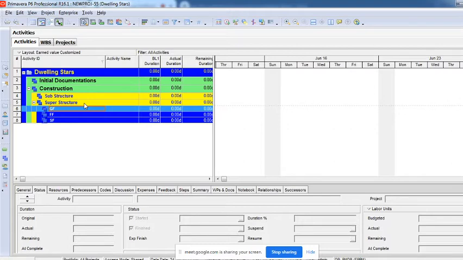Probably today, if it is a metal foam which is already ready-made, you just have to bring it in, put it there, and so on. But if it is a wooden foam which you have to create, then the carpenters have to make it ready there itself. You just have to give them the material, and then this particular work starts. So that particular foam work is a different scope, and steel fixing is a different one, reinforcements. Your steel fixers' work is different, concrete work is different. So there are again different scopes in the activity, right?